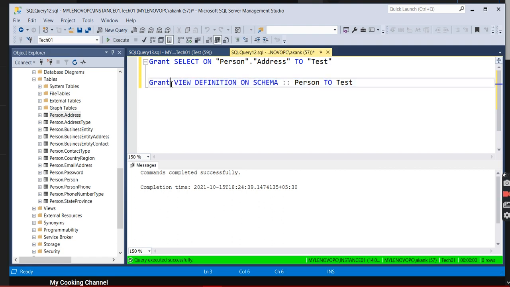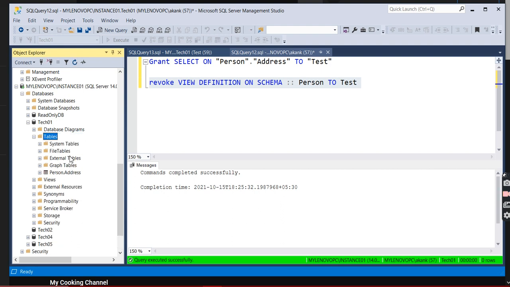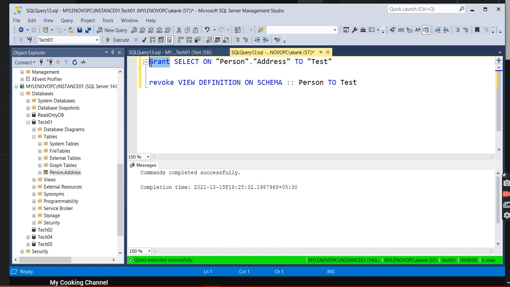Now the point is, you have granted, but how do you revoke it? The same way you can revoke it. Just type revoke, a one line command, and you can execute, and it will revoke here. If you refresh the tables, you can see now only Person.Address. The same for the select, how can you revoke?